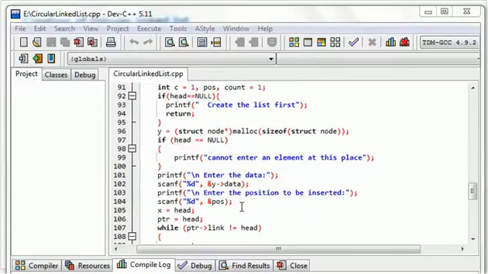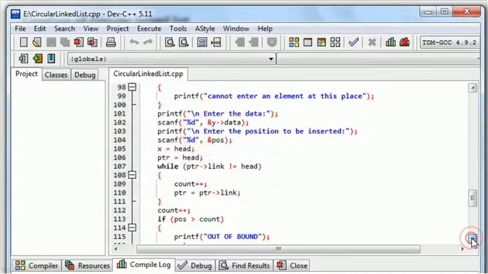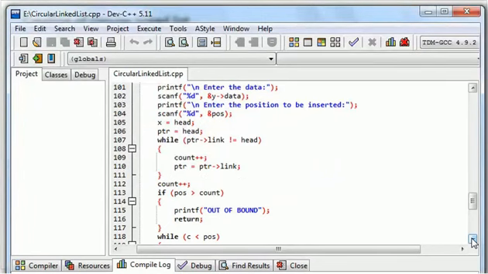For that, first of all, I need to count the number of elements so that I come to know that the position the user is entering is not outside the linked list. So the simple while loop is simply counting the number of elements in the linked list. Within the loop, increment the count and move on to the next element. So this is what count is.